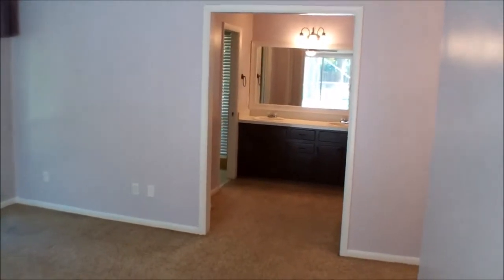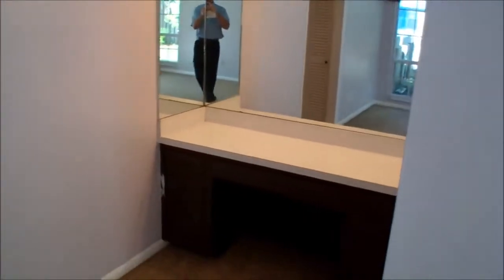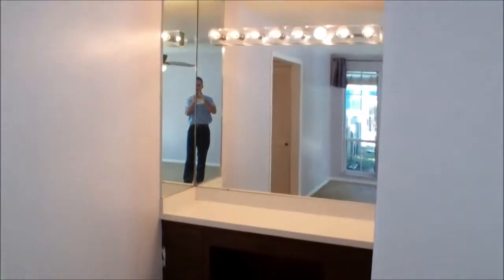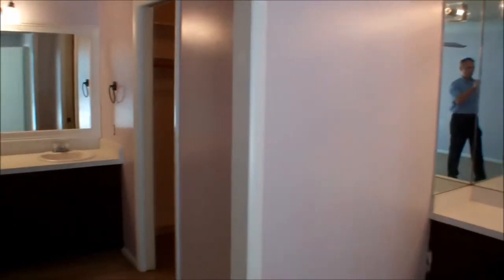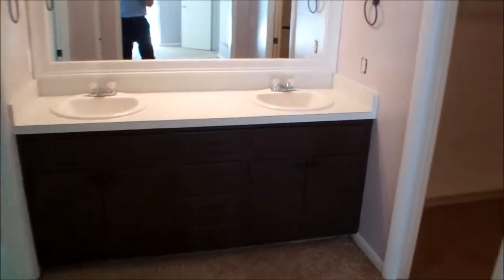That is an opening to the master bath. But first I'm going to show you that we have a nice vanity here. So a nice vanity area with the mirror, the light. We have a double sink, and off to the right we have a walk-in closet that does have a pocket door. And then turning to my left,